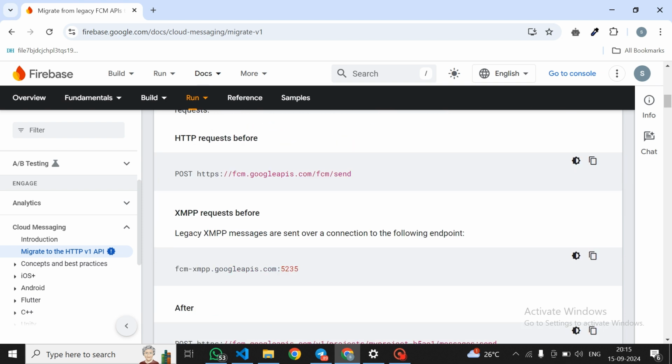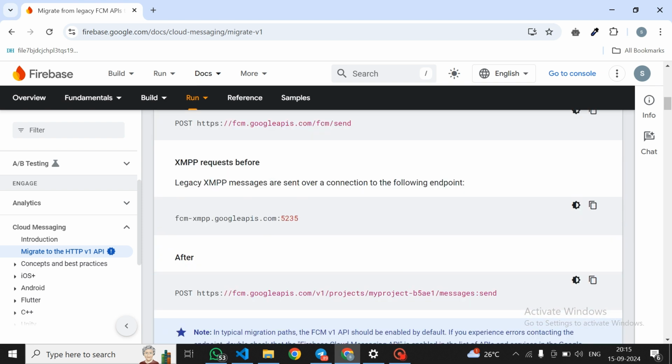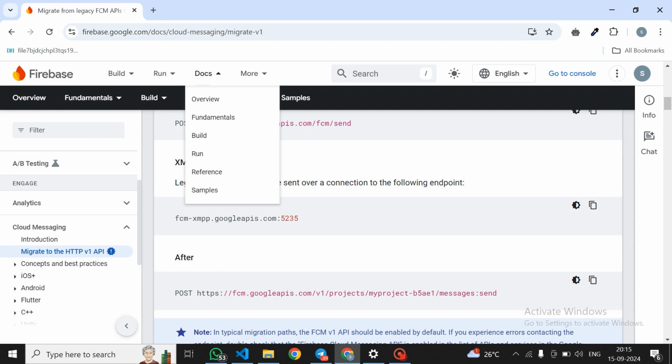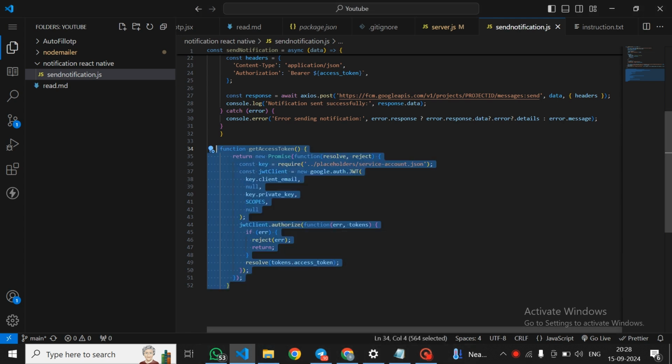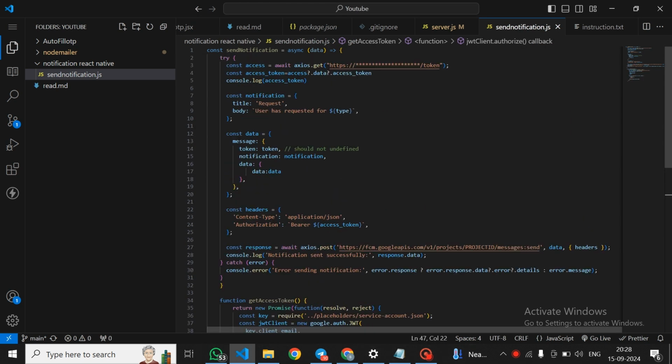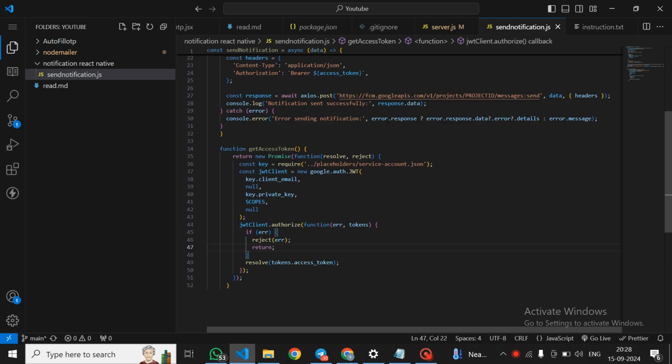So in the migration website, you can just search on Google Firebase FCM new migration. This migration is for security purpose, for sending the notification to the mobile apps. Previously, we were using FCM send, and this got changed with this new thing. And second one is we are using a bearer token now, and previously we were using our